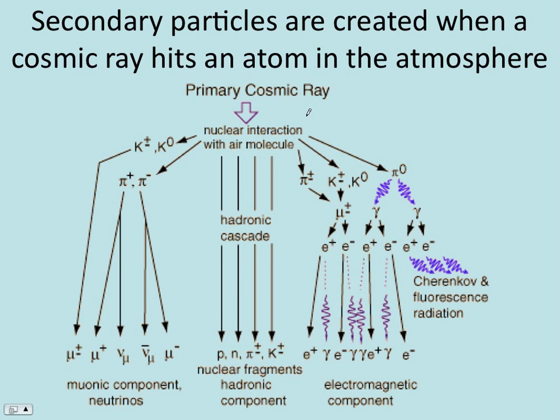Also some alpha particles, which are helium nuclei, but protons the most common, and they're coming really fast, a lot of energy. I think the most energetic one had the same amount of kinetic energy as a fastball thrown by a major league pitcher. And that's a rare example, though. So it comes and it hits an air molecule and produces all kinds of stuff, muons and their associated neutrinos,